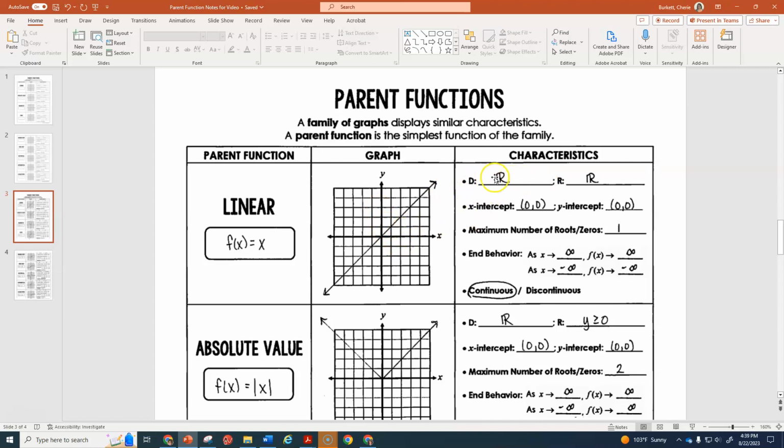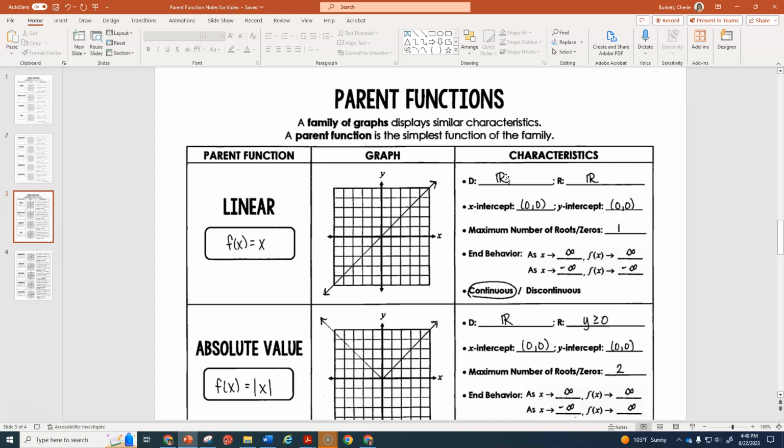So notice that this domain and range right here is written using the symbols for all real numbers, that double bar R. That is what they write when we're using inequality notation, because we want to include all the numbers. So the inequality notation is written